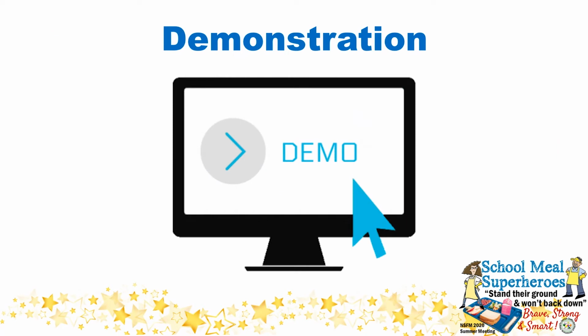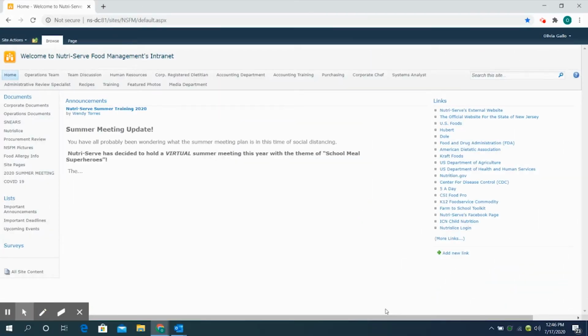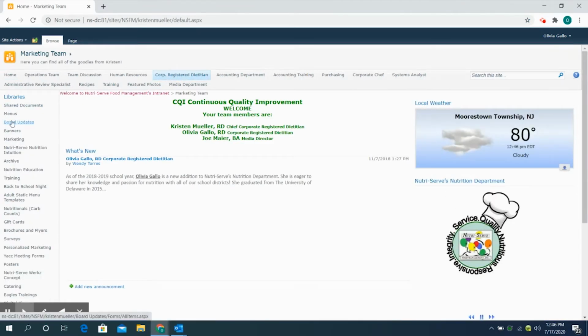Now I will demonstrate how to find and edit your monthly board update template, insert pictures in it, and save it correctly. Hey everyone, I'm here to do a demonstration on how to download, edit, and save your board update. So right now you can see that we're in SharePoint or the Nutri-Serve Intranet. And to get my board update templates, I'm first going to go to the Corporate Registered Dietitian tab up top. So when I click on that, there is a tab for board updates right on the left-hand side of the